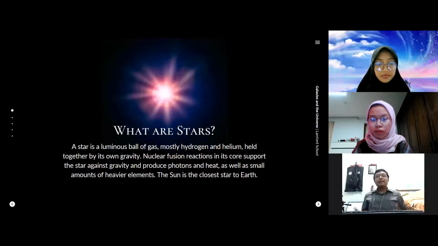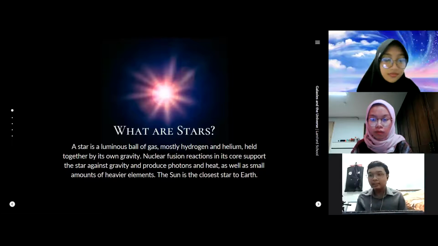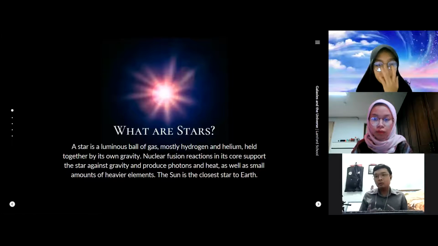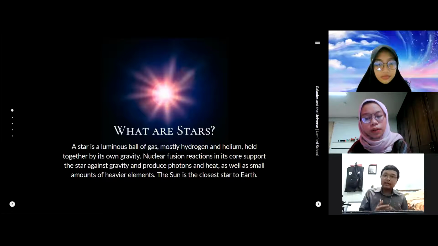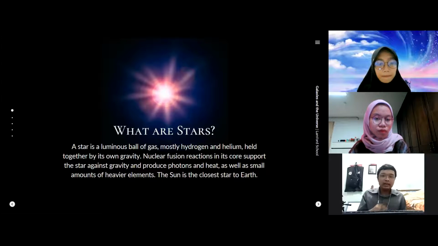So as we know, the stars consist of hydrogen and helium, and inside the stars there is nuclear fusion. Sometimes the star is going to become whiter than before because it is going to explode. Why? Because in the star there is not much nuclear fusion left, because the helium and the hydrogen have already done the reaction. So in the meantime, the star is going to collapse, and it's called a supernova. And then the next slide is about